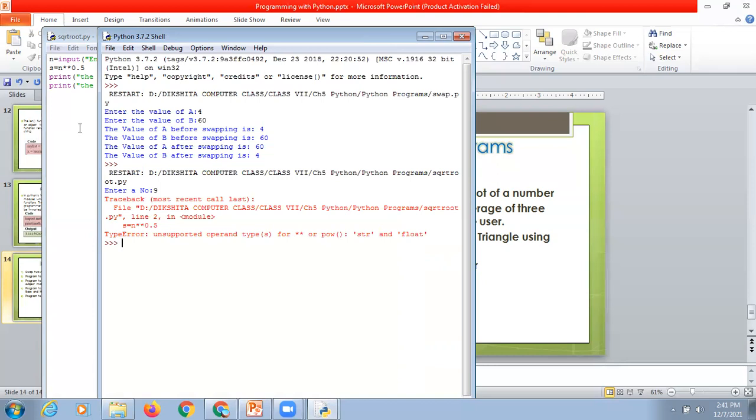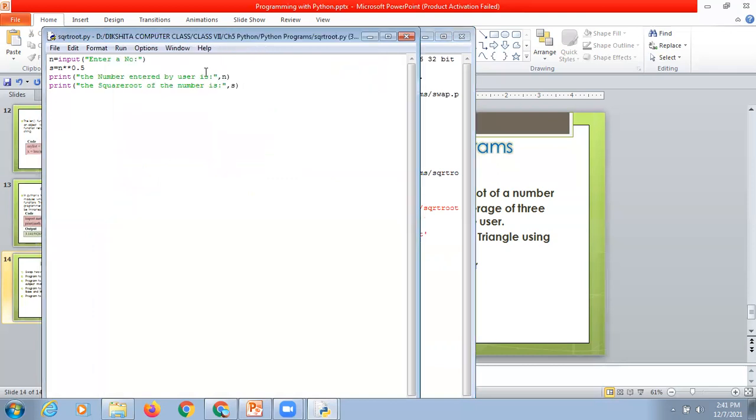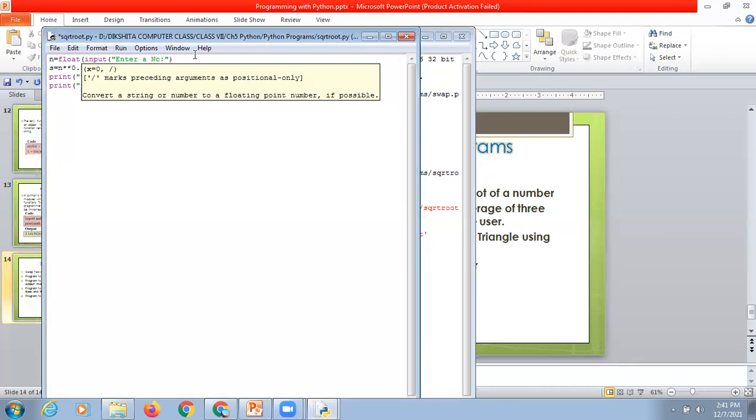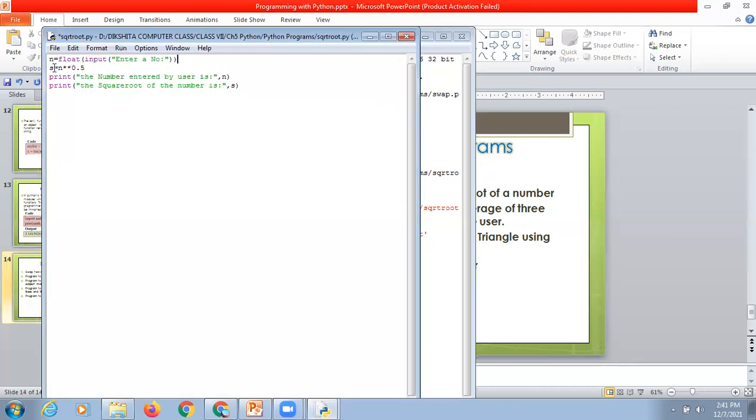Because we have to calculate the square root of a number, we have to declare it as a float value, a decimal value, because we are going to multiply it with the decimal value. So float. And here also S should be a float. Automatically S will become a float value. So save it,